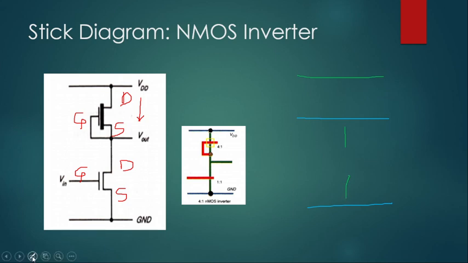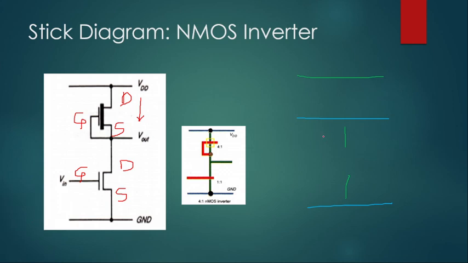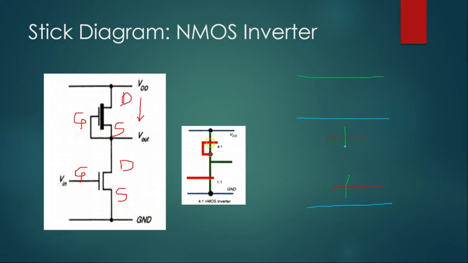Then a polysilicon layer is required. For that, red color is required. So you will make a red color gate and a red color gate. So these are your two NMOS transistors. But here if you see, the source of the first is connected to the drain of the second, and source and drain are made up of diffusion. So again you will use the green color to make this connection. Sorry, this line should be straight as shown in this figure, okay.